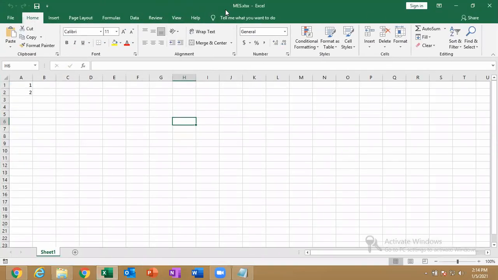Yeah, that's it. So now here we have something called share. So why this share option? I am working, right? Even you people are working. If I have all of your email IDs, I will click and share this workbook with you. So I can show and you can see the content and you can make some changes. I can control that based on giving permissions. I can share the workbook using the email IDs. Okay.